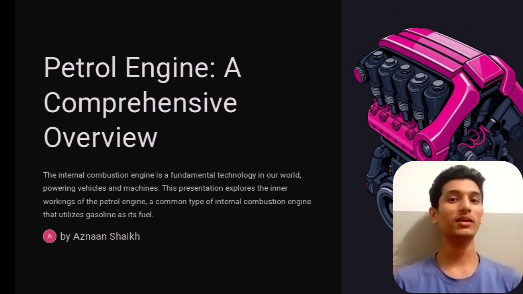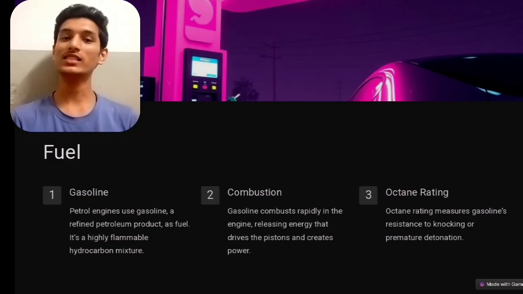Today I am going to explain the petrol engine. A petrol engine is a complex engine which works on a piston and shaft mechanism. It converts reciprocating motion to rotary motion. The reciprocating motion of the piston is converted to the rotary motion of the shaft. In simpler words, it converts the chemical energy of a fuel to the mechanical energy of the shaft. Petrol engine, as the name suggests, uses petrol as a fuel.